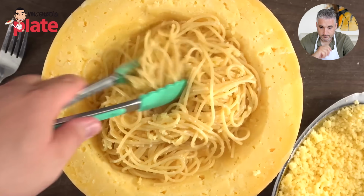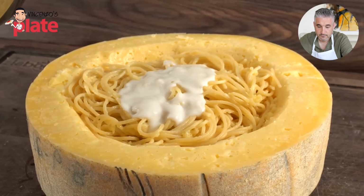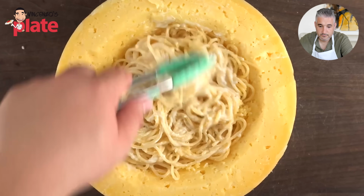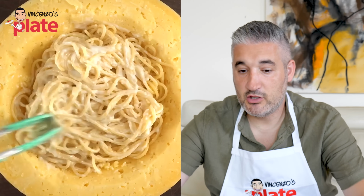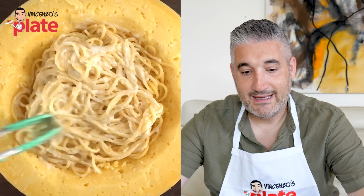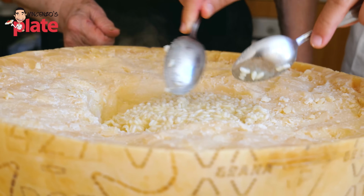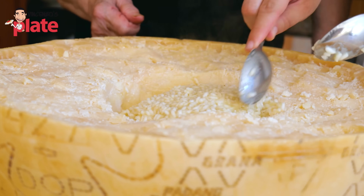Once combined, I went ahead and threw in the sauce. Since everything is nice and hot, it started melting the cheese even more. Once that was done, the only thing left... It's a bit dry because of this reason, like you're using tongue and you don't get that. There is no point to use a cheese wheel if you don't scrape the cheese, okay, when you put the